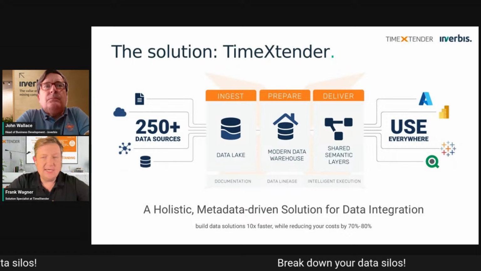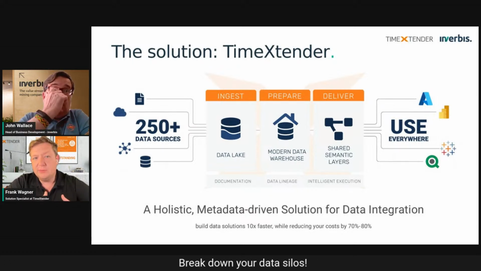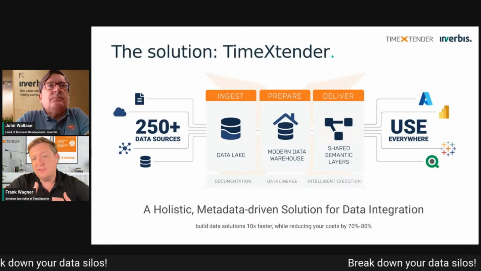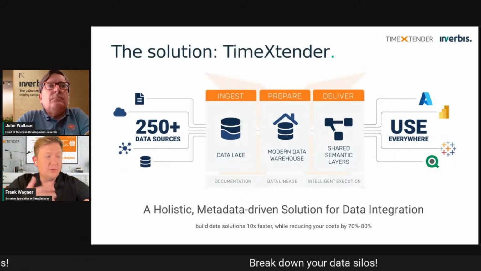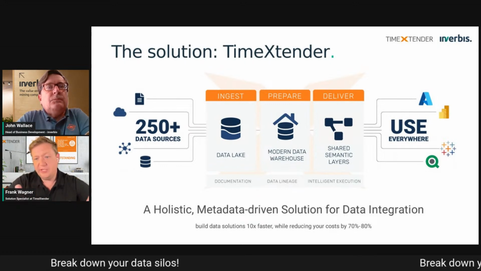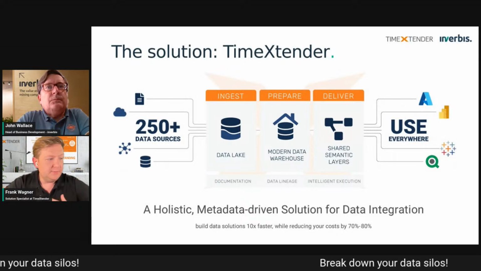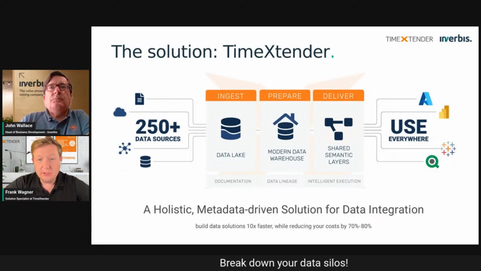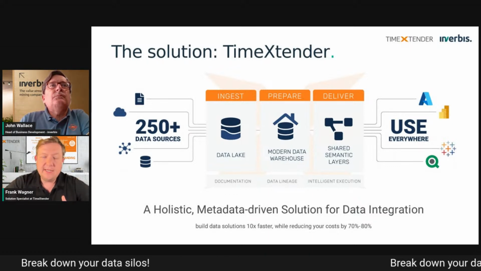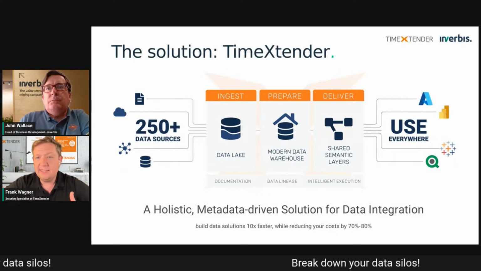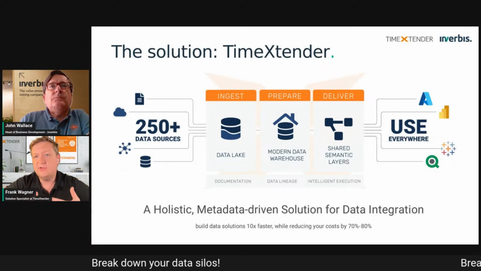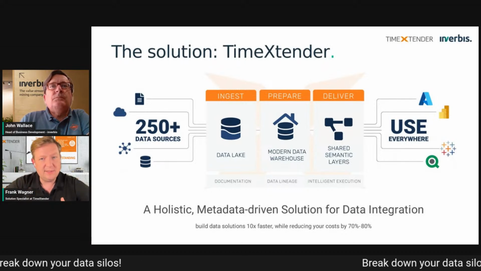So we start on the left-hand side with 250 data connectivity options where you can connect to your existing systems, relational databases, cloud data sources, flat files, and combine them all together, ingest the data, decouple it from the source, bring it into your analytics realm, on all the technology options that we have at hand, then model the data in the data warehouse, relate it together,